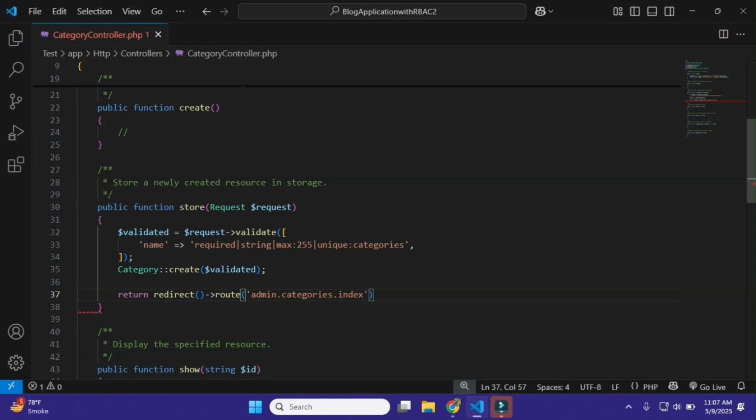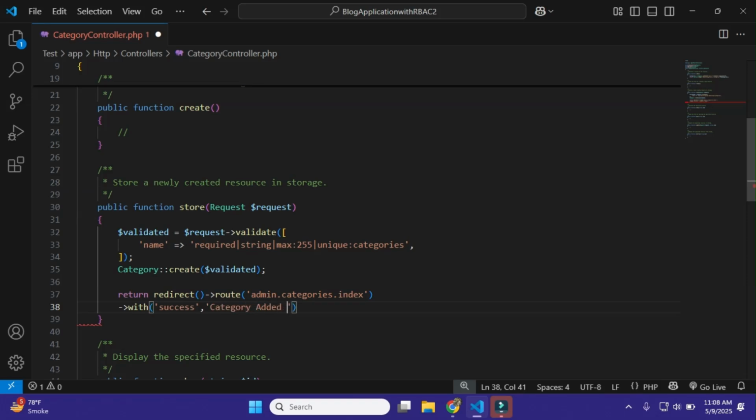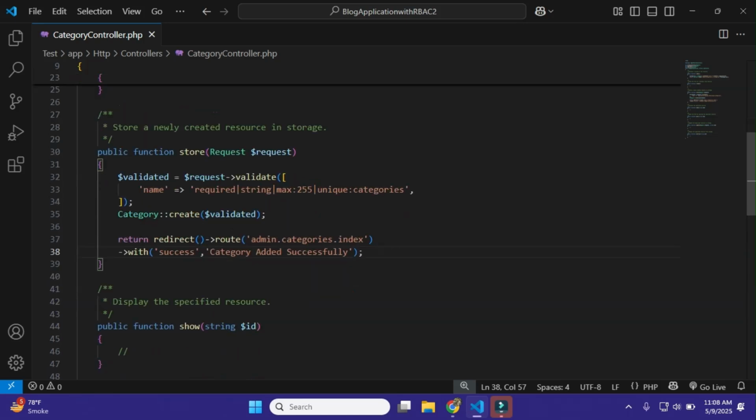Okay, and just this, and after it I'll just simply use here with, and pass here success, make it a new line with success, and pass here message category added successfully. Okay, that's it. We just simply do this, and now we are done with this admin.categories.index page,